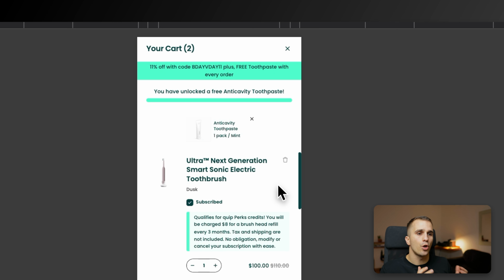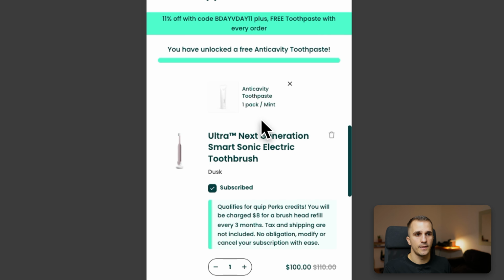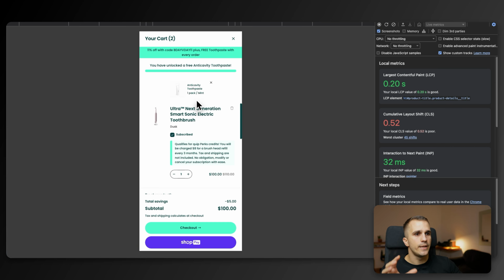So at this stage, they're not only showing their visitors what they're going to get with the subscription here, but they're also stating that they're going to get some free gift with their order. Now, this is how they get to utilize the reciprocity principle, which is an extremely powerful principle for persuasion. It means that whenever you give something to someone, they feel like they owe you something. And for that reason, at this point, this is just going to give that extra push for all these people that have added things to the cart to proceed on placing the order,